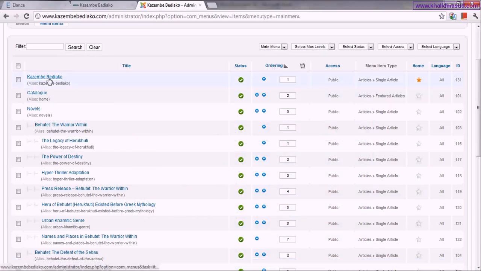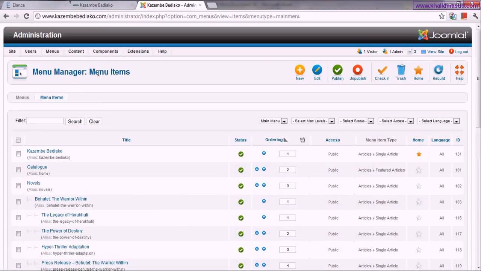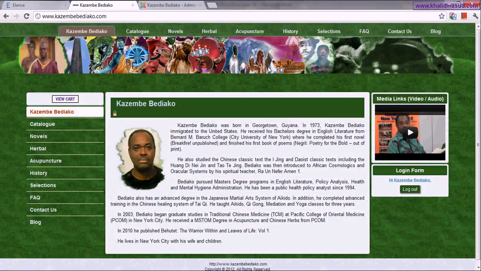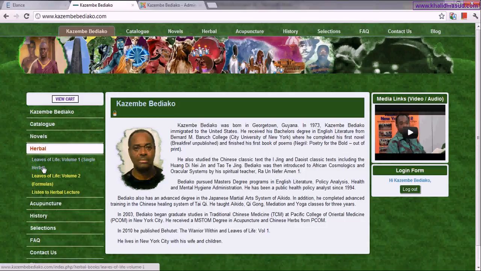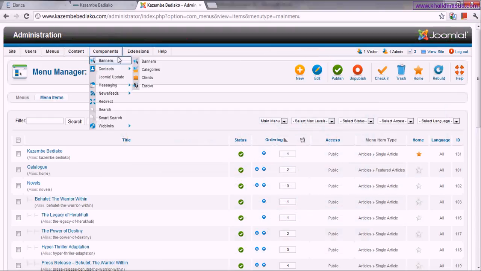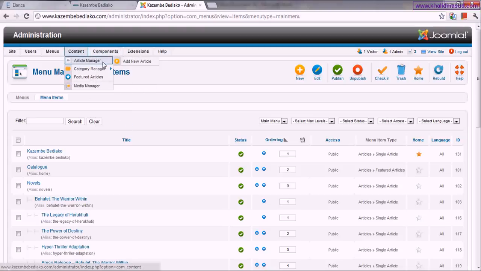The purpose of these menu items is to link the text with the articles you have already typed. So if you want to show anything new, you first have to write an article for it, and then link that text to this menu.